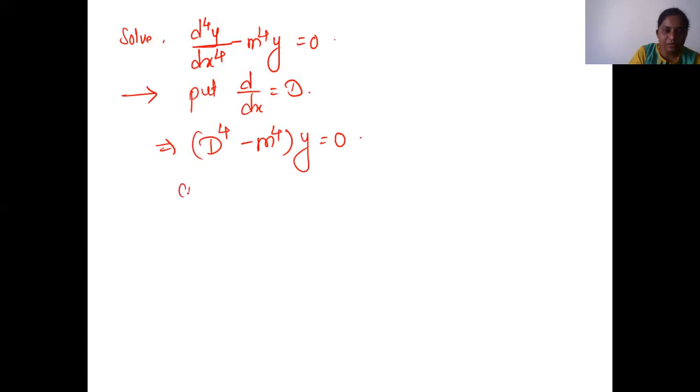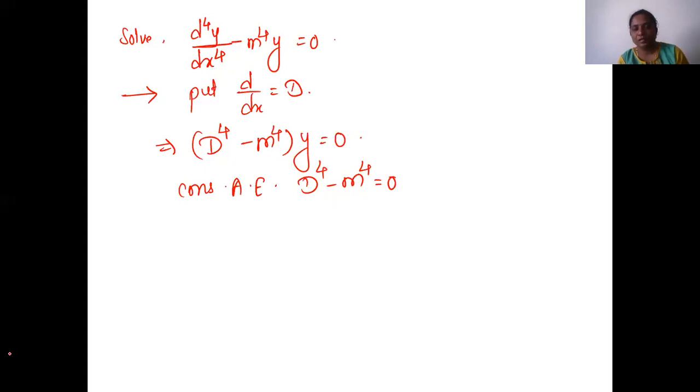Now to solve this, we have to consider the auxiliary equation d raised to 4 minus m raised to 4 equal to 0. Now if you can see, there is m and not a number. It is not a particular number, it is arbitrary, right? So we cannot put it on the calculator directly. So in this case, how do we solve? We cannot solve by synthetic division also, because synthetic division is only for numbers 1, 2, 3, minus 1. This is again m, right? So what can we do?